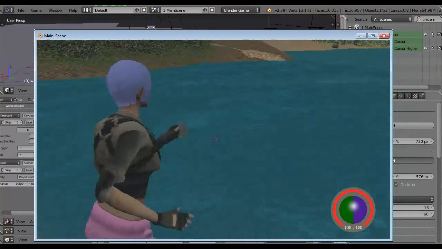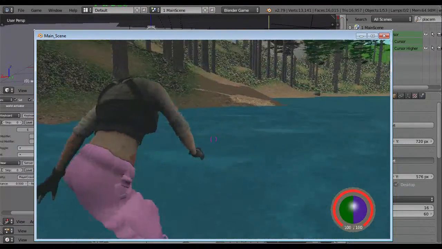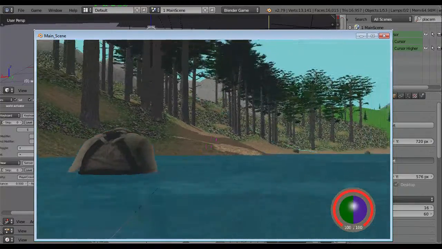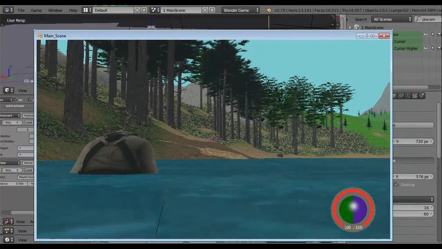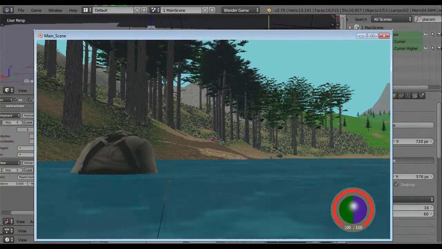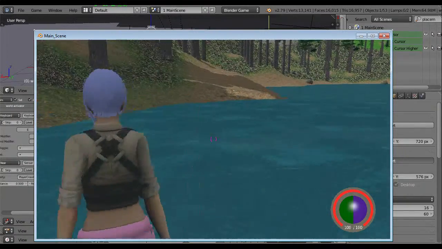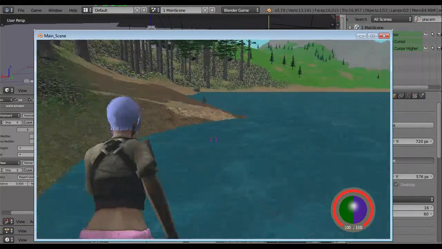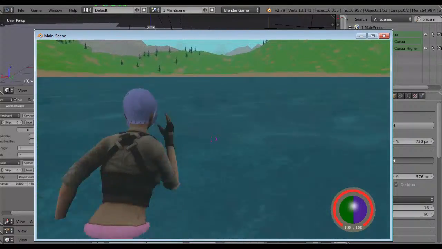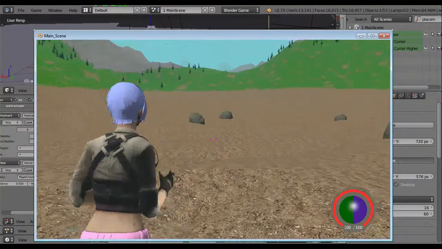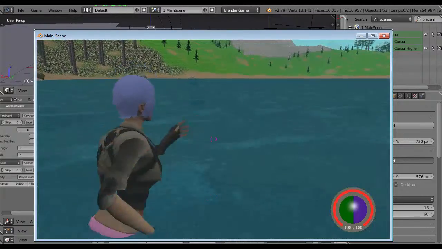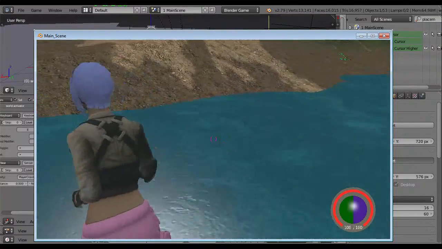And actually close. Perhaps there is a texture. Yeah, I think it's the texture. Cannot swim yet? What the heck?